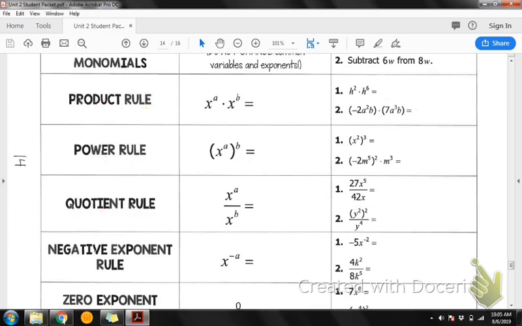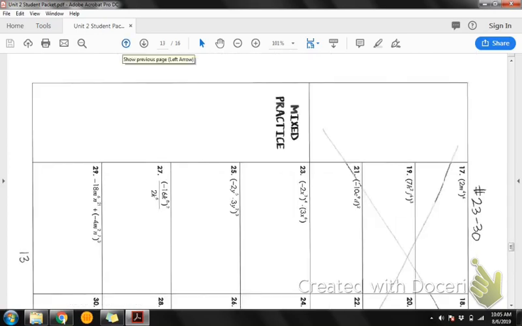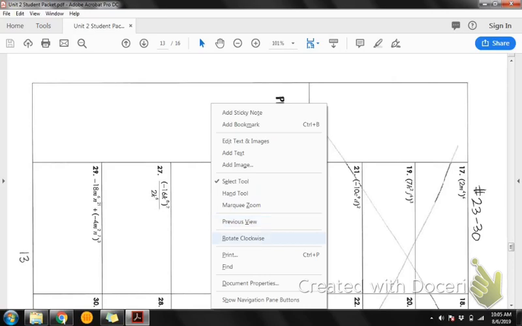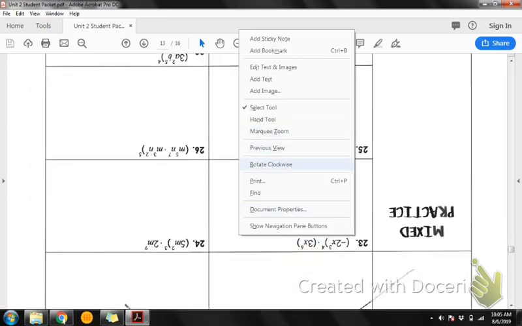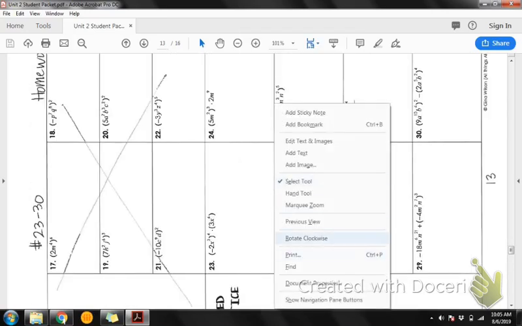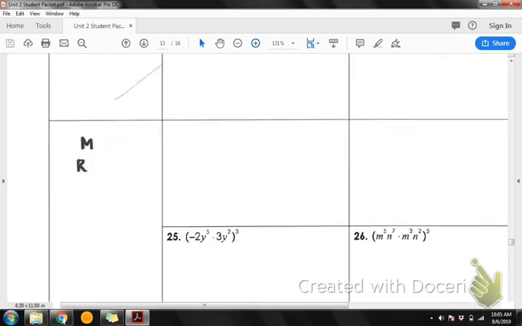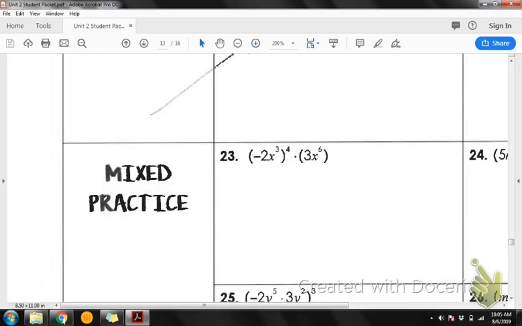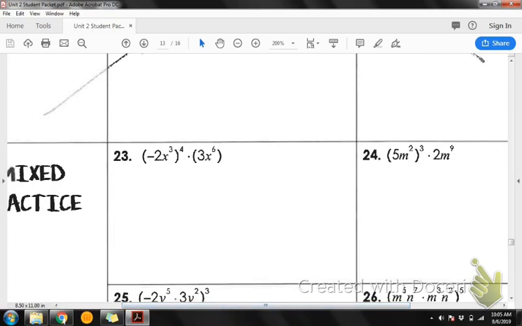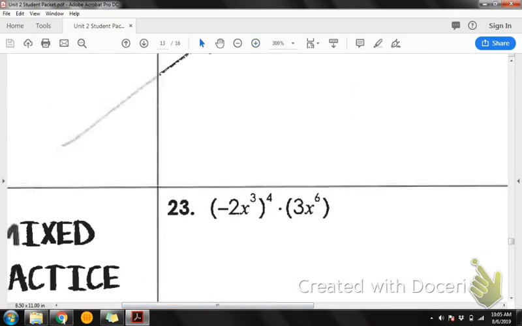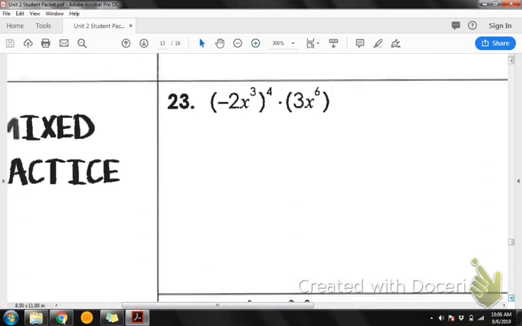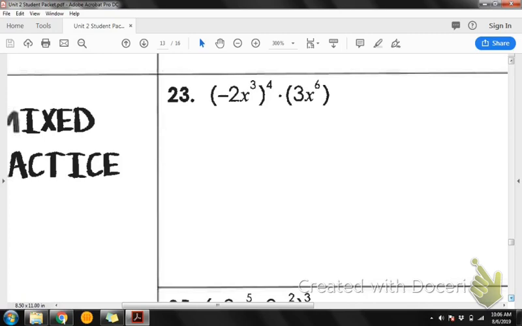You're supposed to be using your packet. I'll help you get started on number 23. Okay. You have a lot of space in your box there. Please use it. On 23,